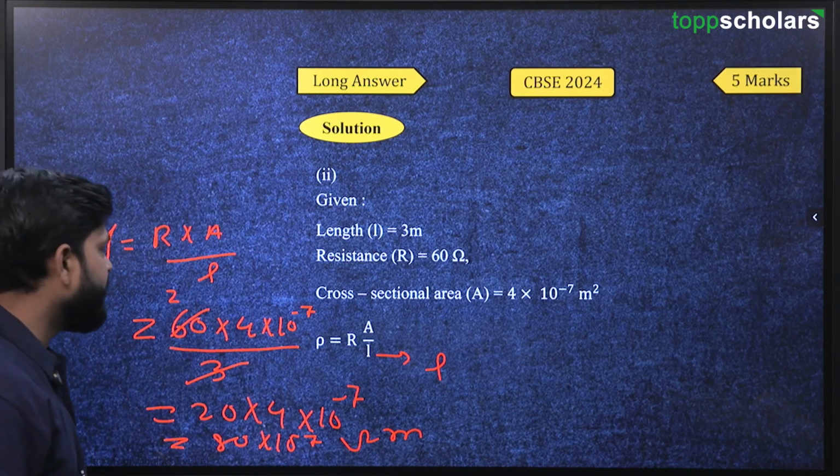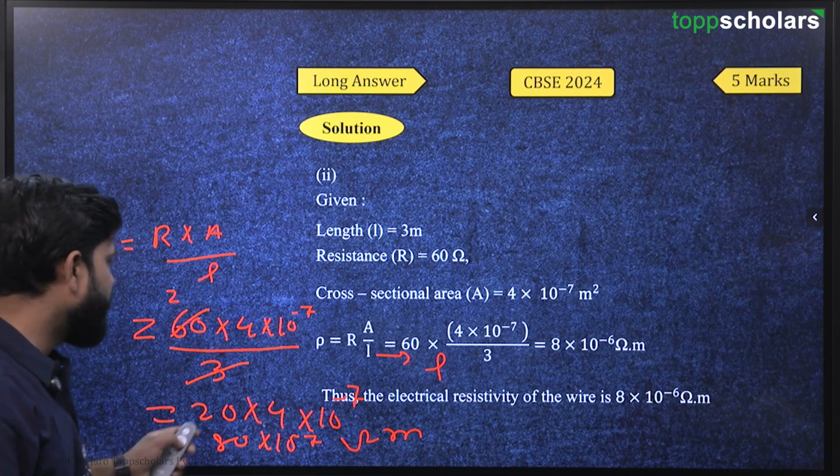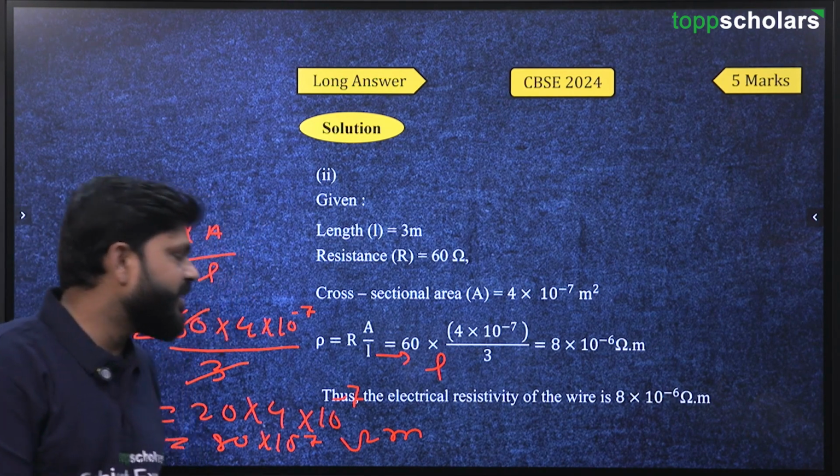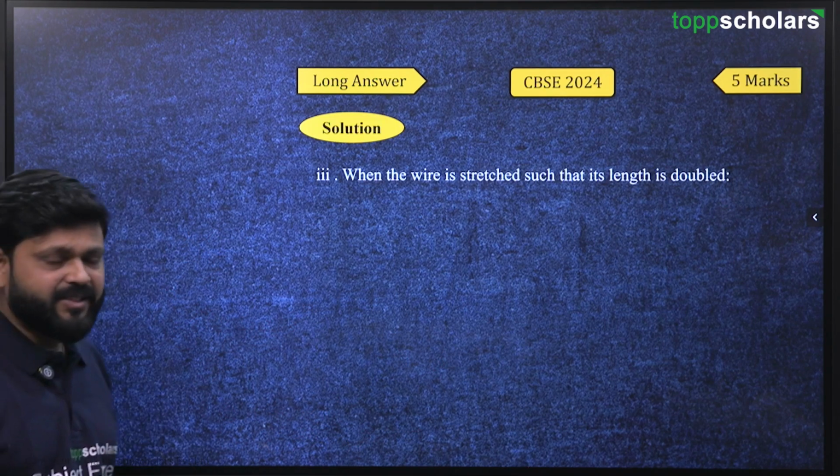So we can find here: it will be 80 into 10 to the power minus 7, or you can write 8 into 10 to the power minus 6 as well. So both answers are correct. Now it has been asked in the question: